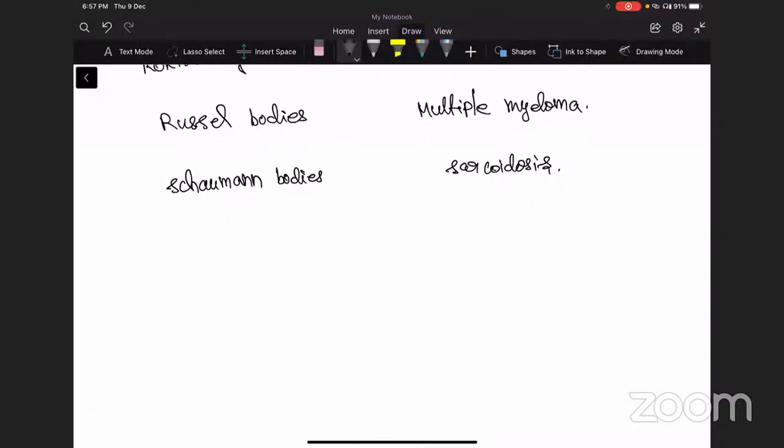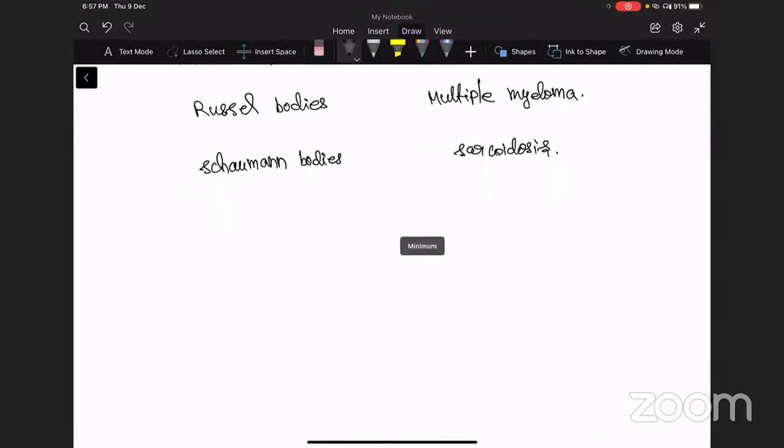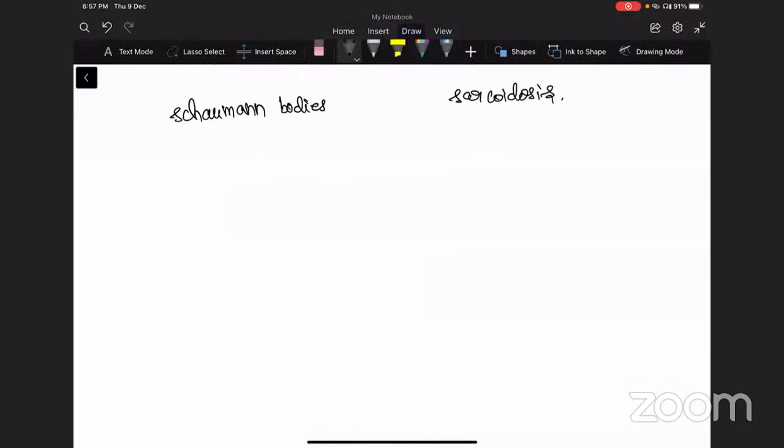Yes, correct, Karishma Nagakumar, asteroid bodies, Orphan Annie appearance is correct. Schaumann bodies are seen in sarcoidosis. Schiller-Duval bodies are seen in,